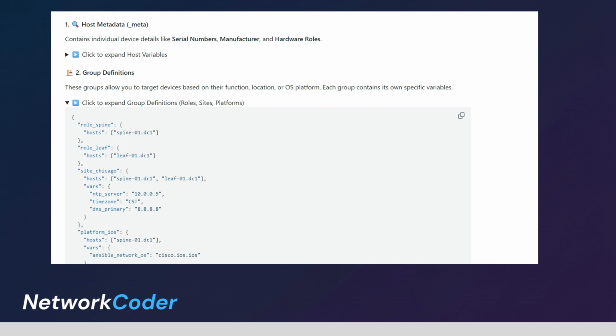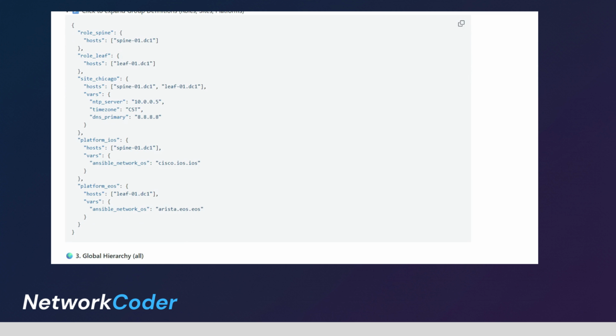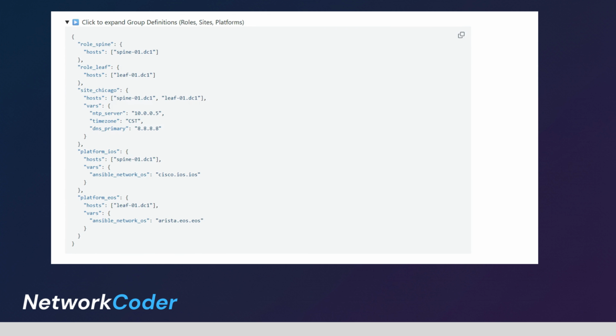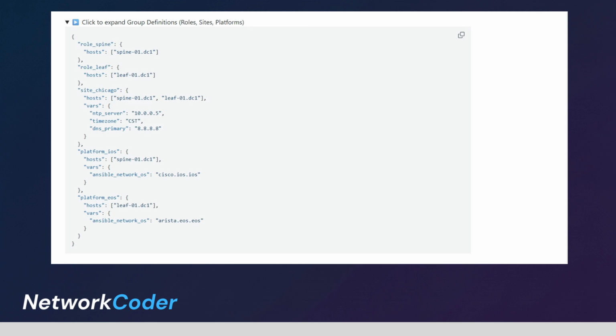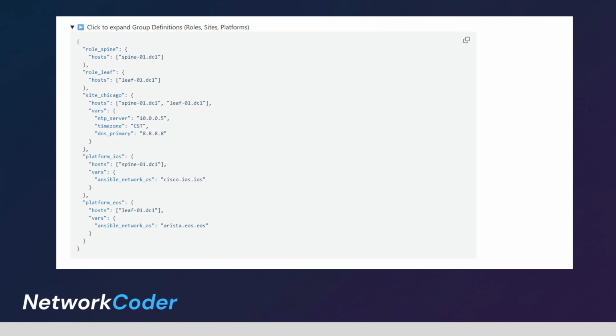Second is groups, which is more powerful. The plugin automatically creates groups like device_roles_router, sites_ followed by the actual site name, and platforms. So you can run playbooks against all routers or all devices in a specific site without manually defining these groups. NetBox already has this data, the plugin just transforms it.